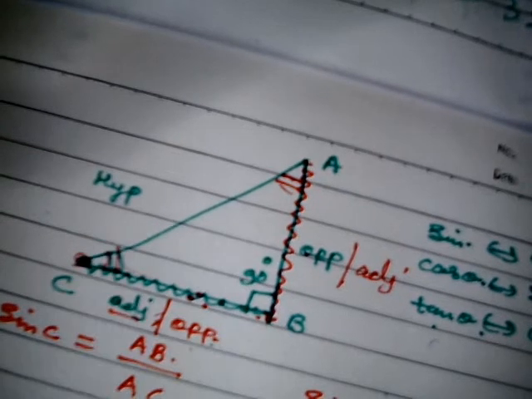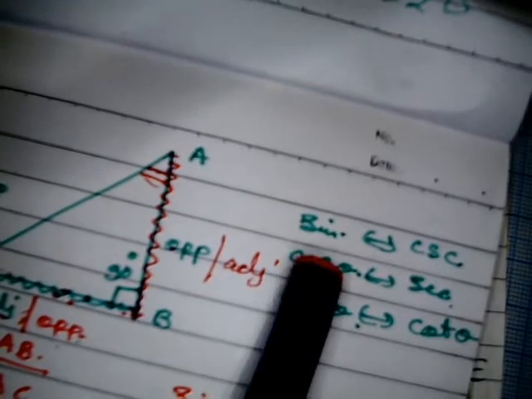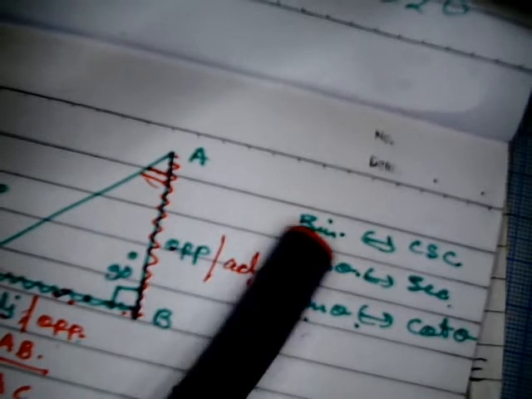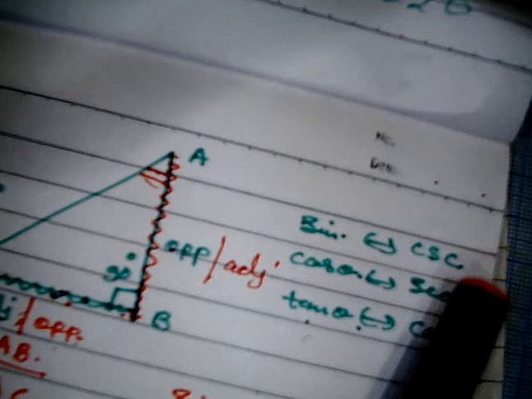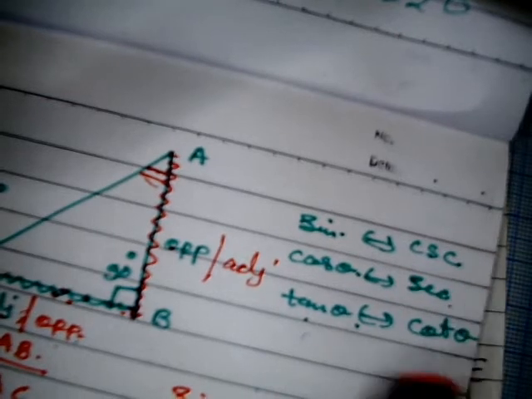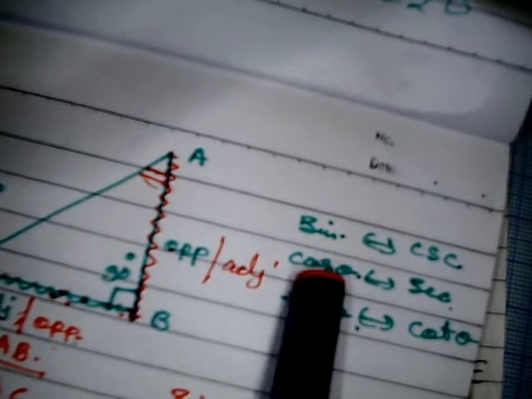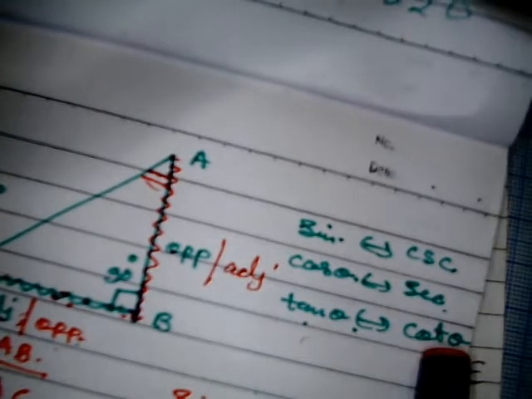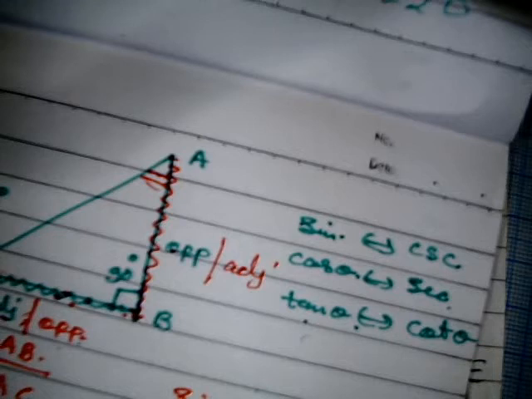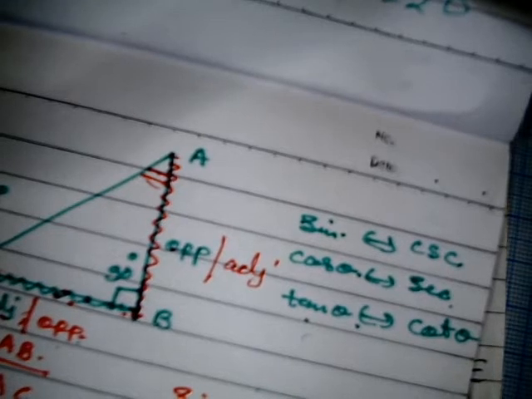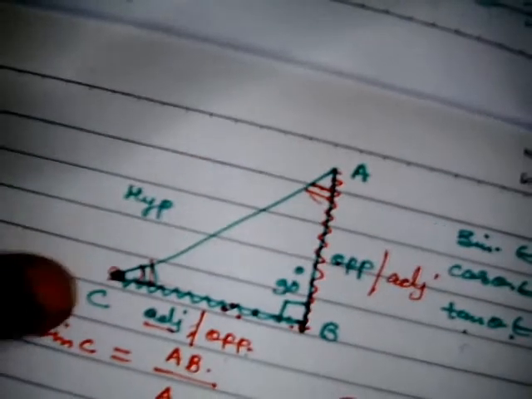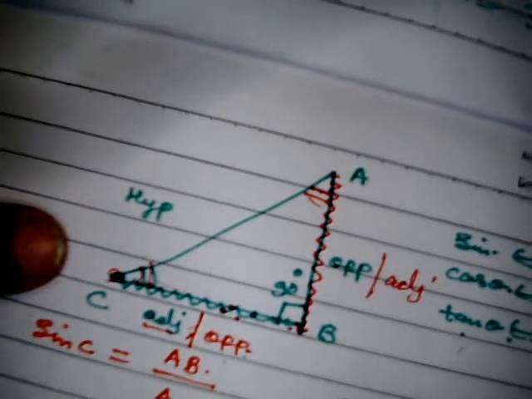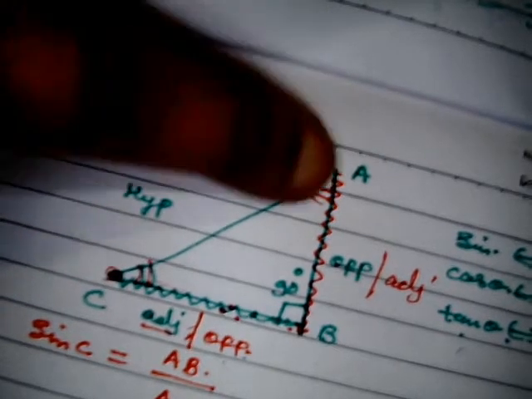We see over here written 6 trigonometric functions: sine, cos and tan. If sine you know, then cosec you can calculate, because sine and cosec are inverse to each other. If you know the cos, you can calculate sec, and if you know the tan, you can calculate cot. Okay, now I'm going to define all the 6 trigonometric functions for both the angle A and C. If we are writing for C, then how to write? If you are writing for A, how to write?